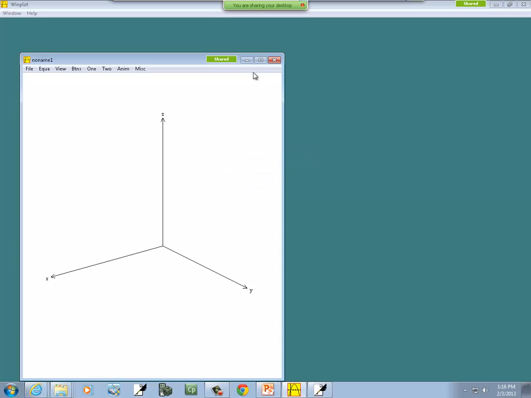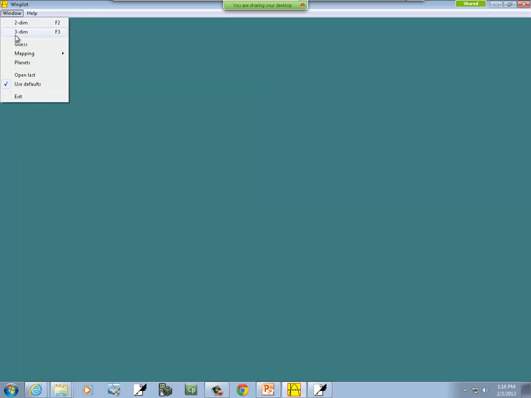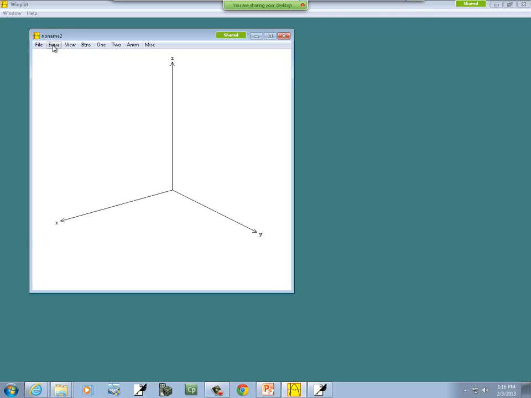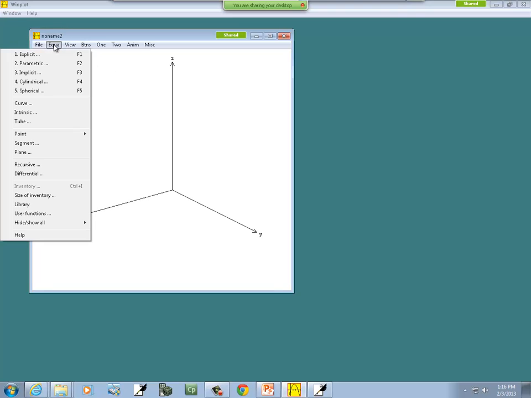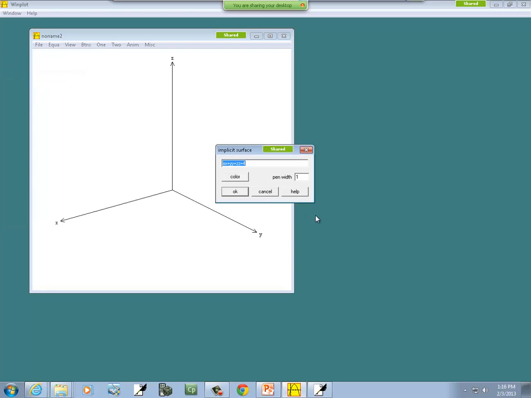Okay. Let me start over so you can see it. Do window, 3 dimensions. Equation. The magnifier works a lot better at my work. I don't know what I'm doing wrong here. It's a simple tool. Choose equation, and I'll choose implicit. And I know you can't see this, but